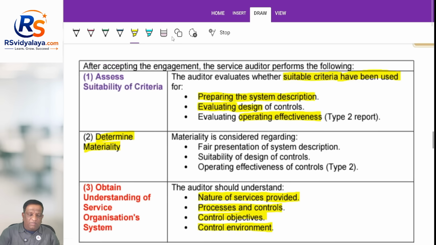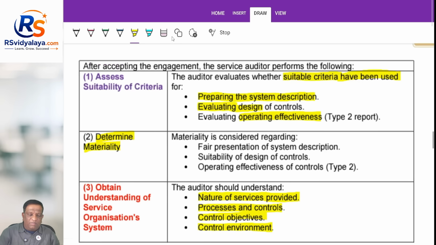Then what is he trying to do? He is trying to see the controls, or IC, you can simply call it. So the effectiveness of these controls is the objective, and to meet that objective he would be performing procedures. Here you shouldn't write verification of opening balances and all that kind of stuff, because he is not verifying the financial statements. He is only reviewing the controls. So, what steps would he perform?